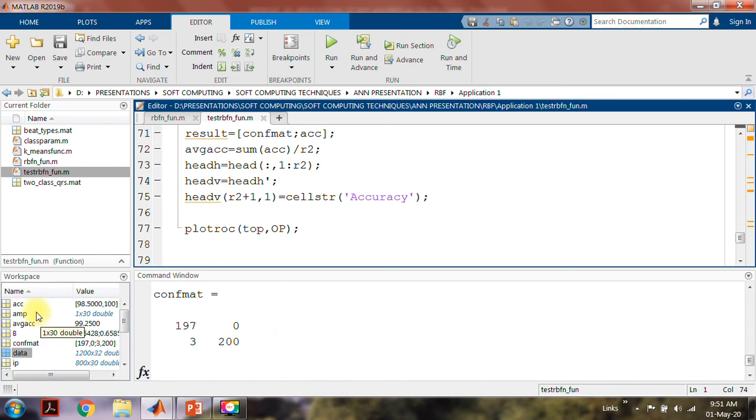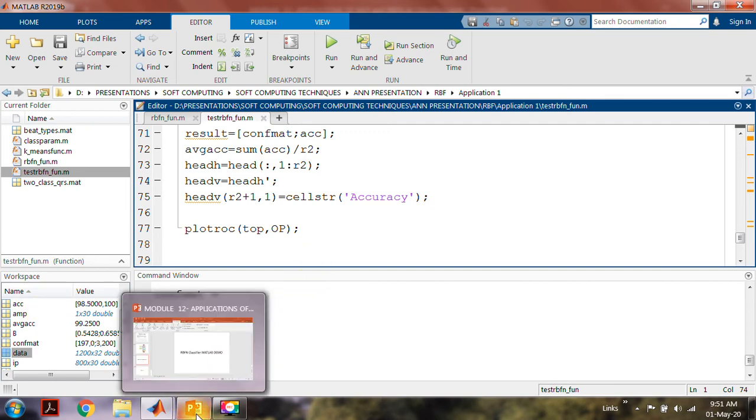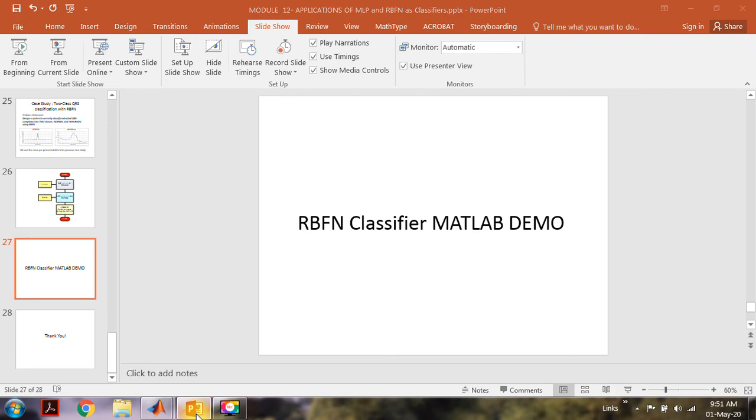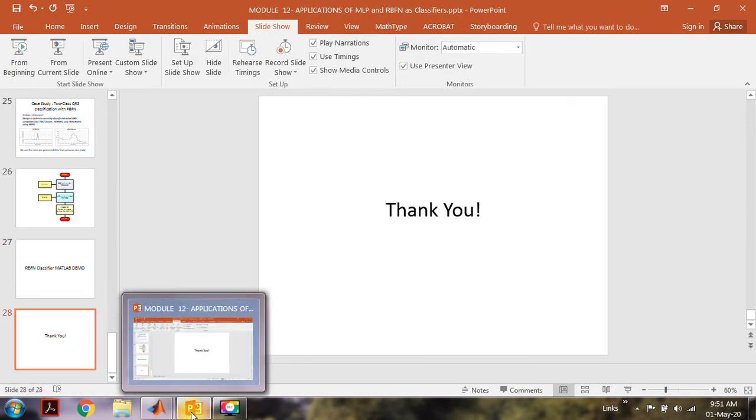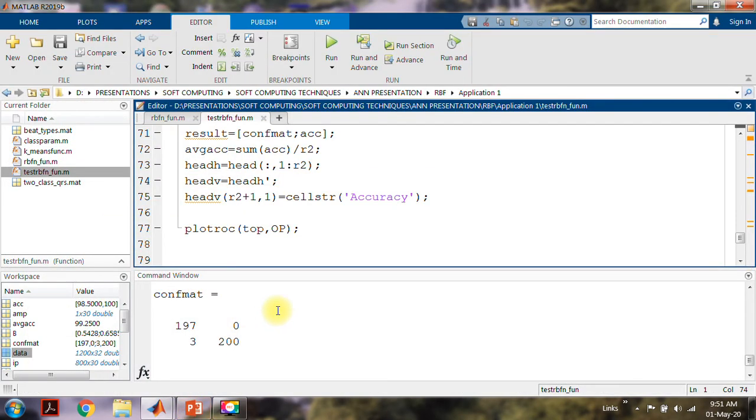Now these are not synthetic data, this is proper data which has been extracted from the MIT BIH database. So that is all I can tell you at this point of time.